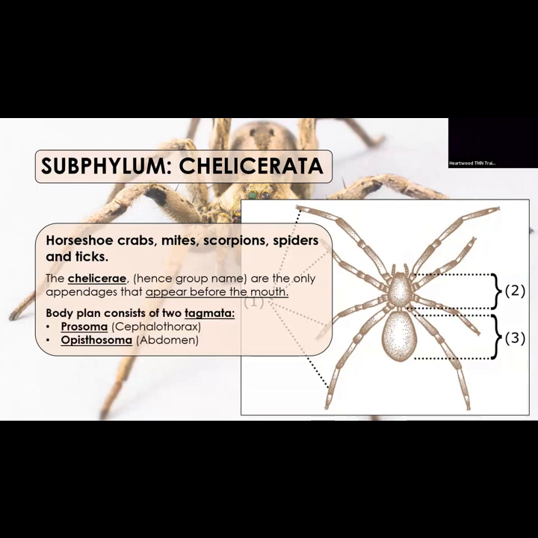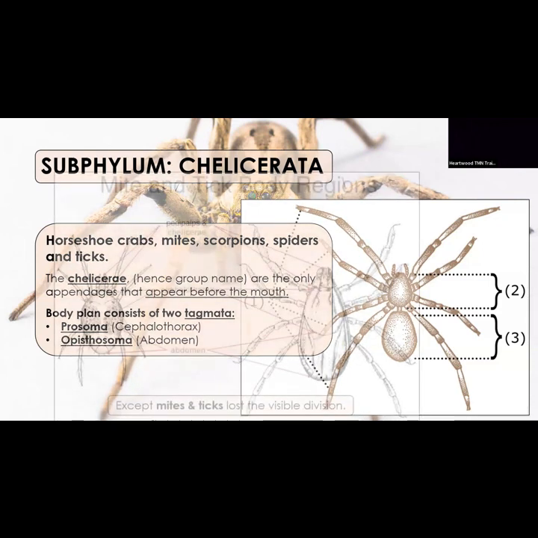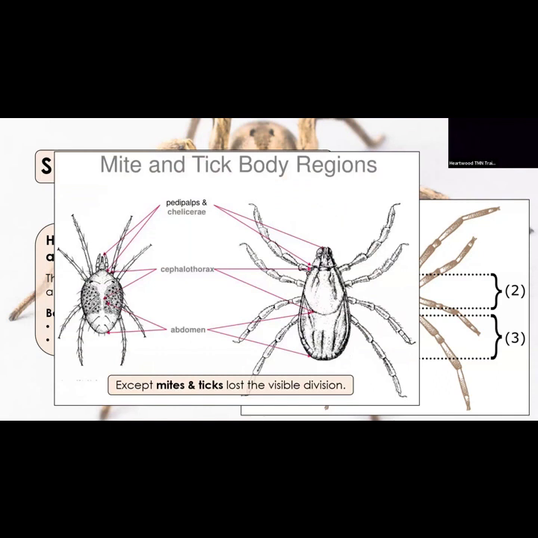So the body plan is just two sections. You've got the prosoma and the opisthosoma, also called the cephalothorax: head and chest, and then the abdomen, the rest of the body. Mites and ticks have a reduced two-part plan. That's because they're parasites. They don't have to be as developed. They literally feed off of other things. They have reduced size and reduced bodies. Their legs don't move the same, and don't even bend as well. But mites and ticks are still related.